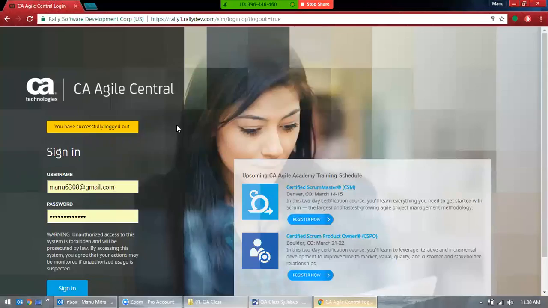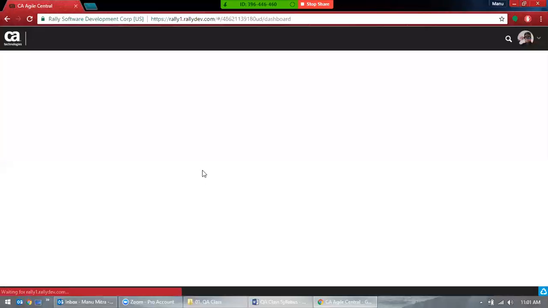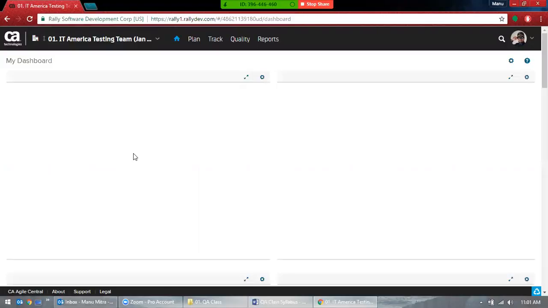Because you cannot send an email to everyone. That's not a proper way, that's not a good way to start. So we use this tool. Let's say this is Rally, so that by end of today, I'll be giving you access to this tool. So we'll start here. Let's say you have this access, username and password, so you have both credentials to log in here. And once you log in to Rally,